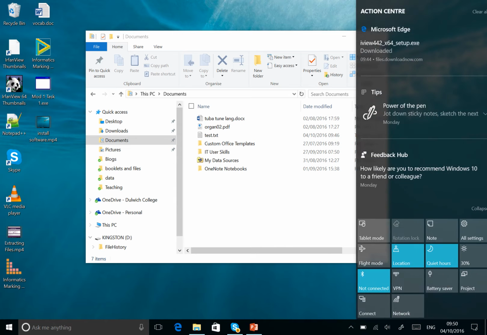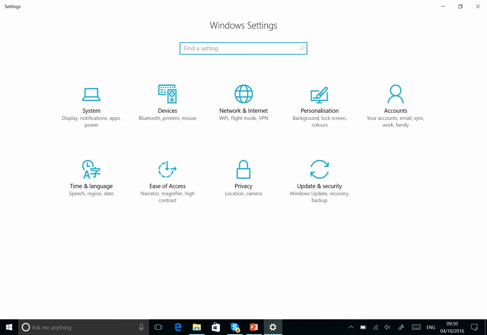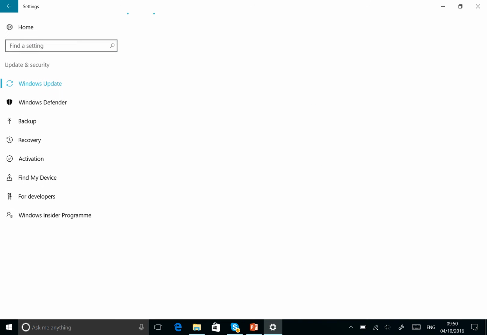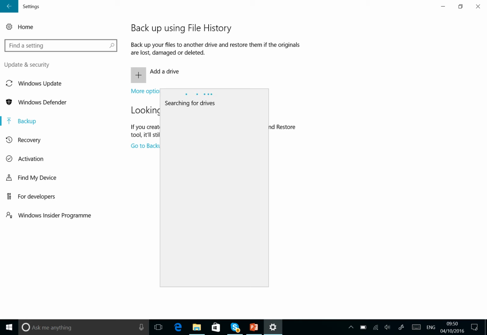So I swipe right and click on All Settings. Once I get there, I look at Update and Security and I find Backup. Now, if you haven't done any backup before, you will need to add a drive in order to back up. It doesn't make any sense, of course, to back up to the same machine, because if the machine fails, you lose the material. So I click on Add Drive,